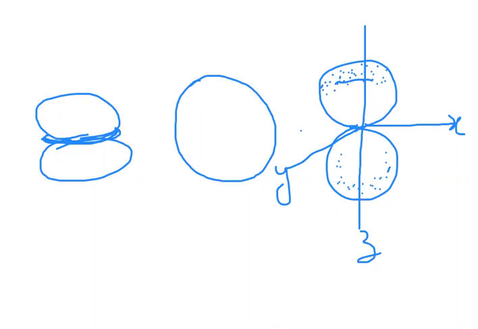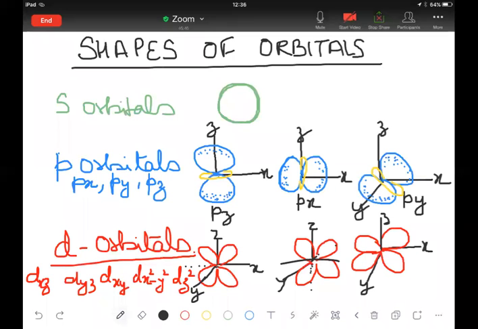So if you look into the shape of p orbitals, you will find that there are three along the three axes. I have just shown the axis, like in the case of the first one, I have not shown the y-axis. In the second case also, I have not shown the y, but here I have shown the y-axis because it is along the y-axis. So you can see that the p orbitals are shown like this. The red circular area that I'm showing is the area where the probability of finding the electrons is almost zero.